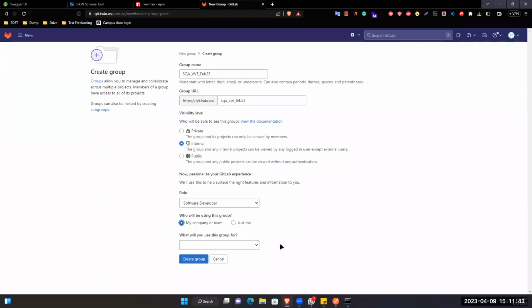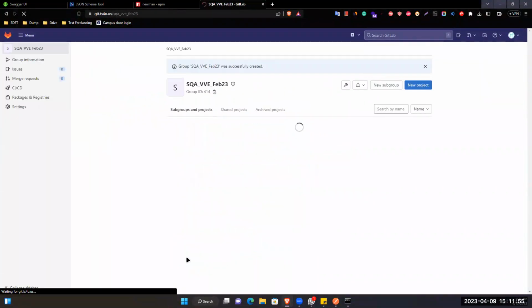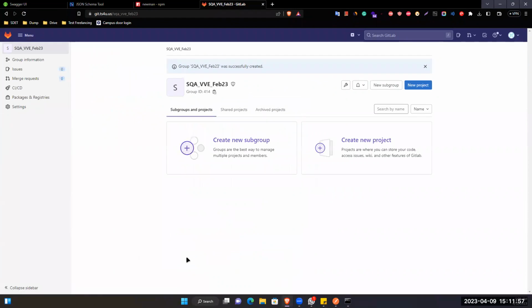And what will you use this group for? I can say that I want to explore, or I want to move my repository. Anyway, then click on create group. You guys don't need to create the group. I'm just creating the group, and Yusha will add all of you into this group, so you can get the repository from here. Okay, so now inside